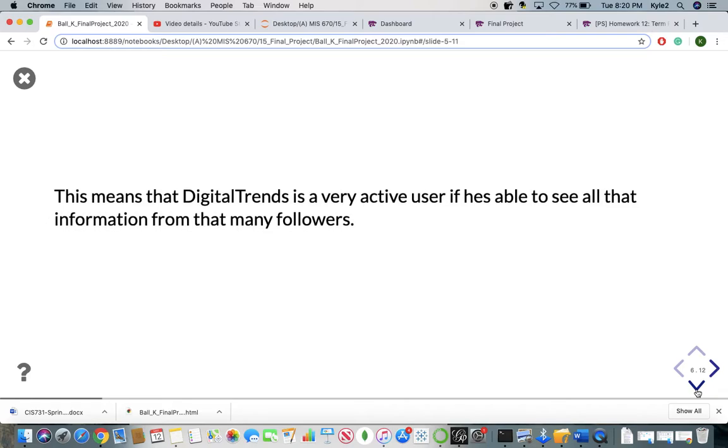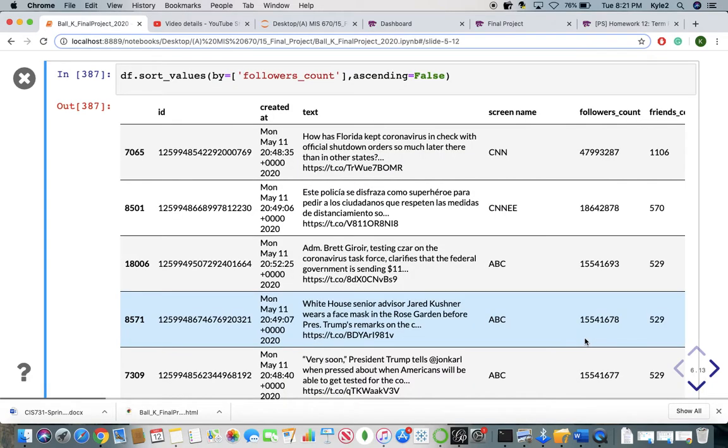So we're able to see that Digital Trends is a very important user in this network just by looking at that, kind of a weird metric. He's got a lot of people that interact with his stuff. So if you were Amazon and you paid for him to promote their brand to you, all of his users are going to be able to look at, interact, and even put out more stuff. So that's a very viable person in the network.